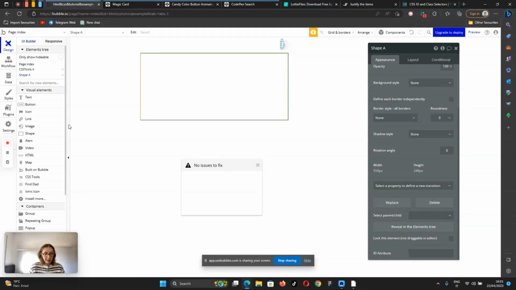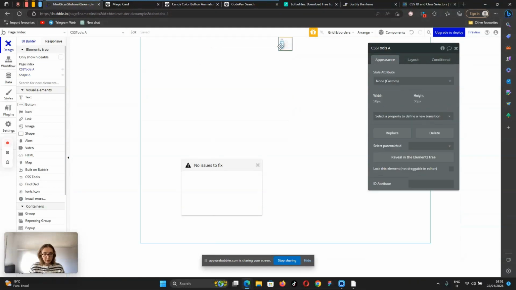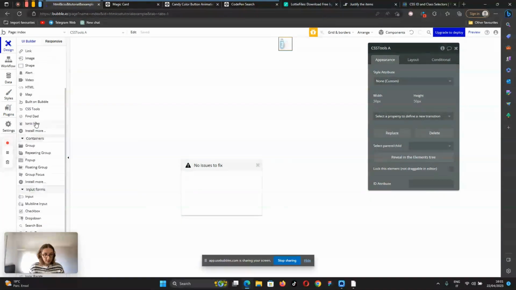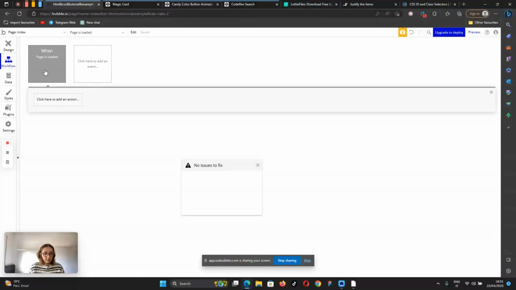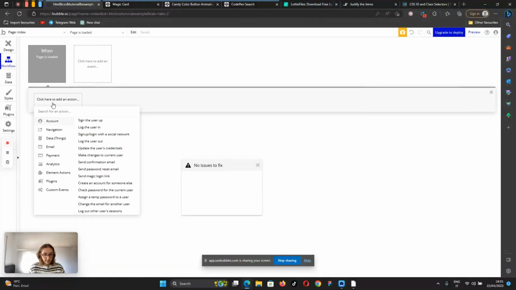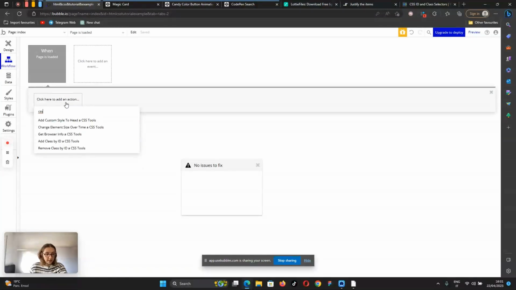To implement it in Bubble, we need to put this CSS tool. It's the plugin that we downloaded. We can just drag and drop it here. And then on page load, we can search action CSS: Add class by ID,